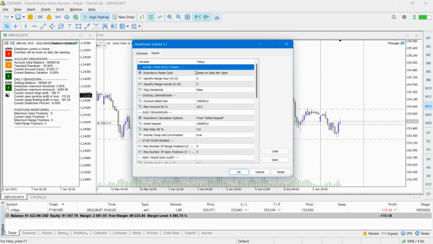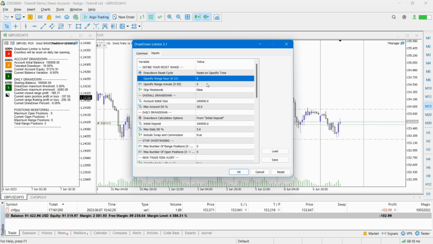Basically, it's a daily drawdown, so by default, we're gonna reset the range on a daily open bar. However, if you have a specific start time for your range, for example, I'm trading starting 8 a.m. and I need my range to be reset at 8 a.m., you can just go for the specific time, put the specific hour and minutes here, and Drawdown Limiter will automatically calculate your 24 hours. At the end of this range, all the counters are reset